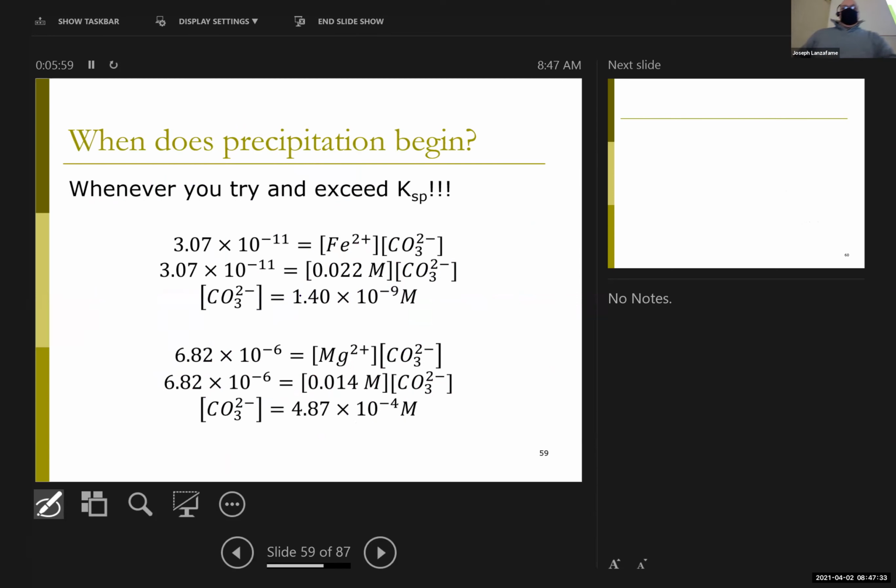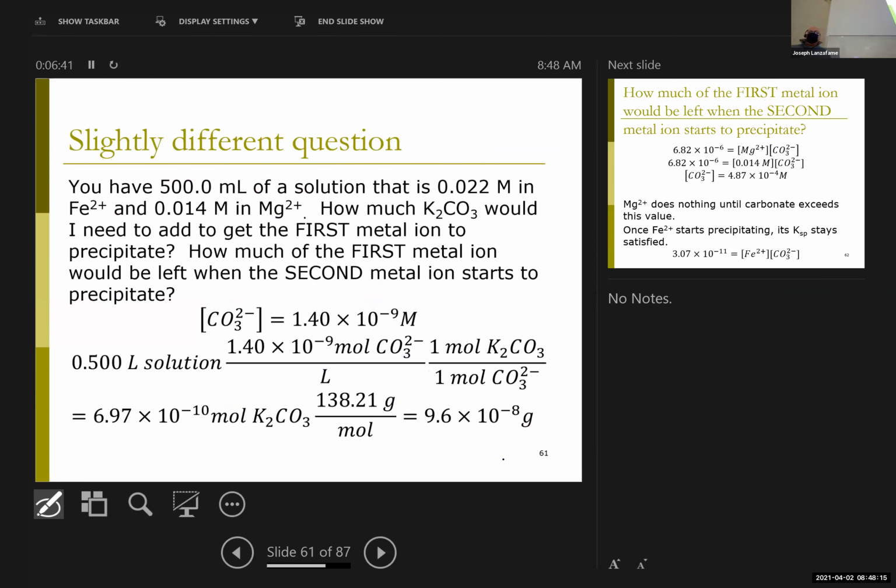Nothing happens. I'm all pre-equilibrium until I get to the first precipitation. And then the second precipitation starts at the second value, but that also effectively ends the first precipitation, right? At that point, the iron is still precipitating, right? But it's an impurity in what's predominantly a magnesium precipitation at that point, right? And so it pains me to even say it, right? I don't so much need an ice chart as I need to calculate what my concentrations are at the beginning and end of each of those windows,